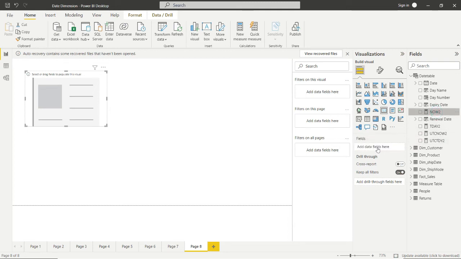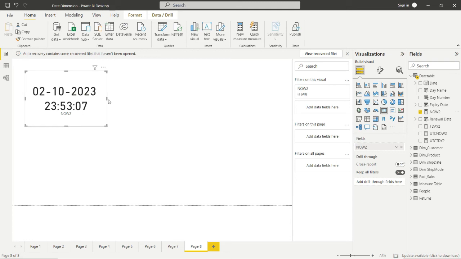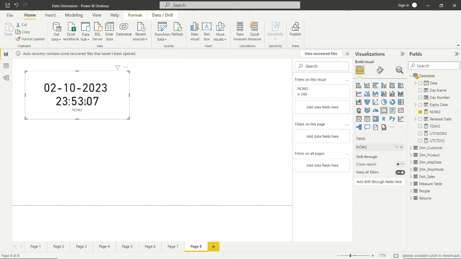First, we'll move the NOW function here. See, today is 2nd October. This is 23:53 time now. Now make some formatting here.